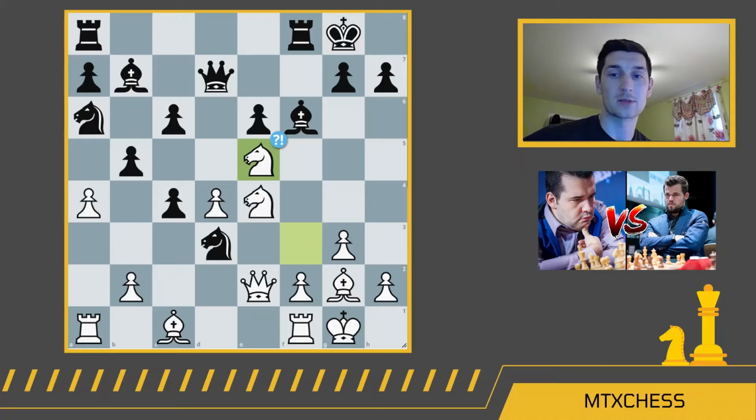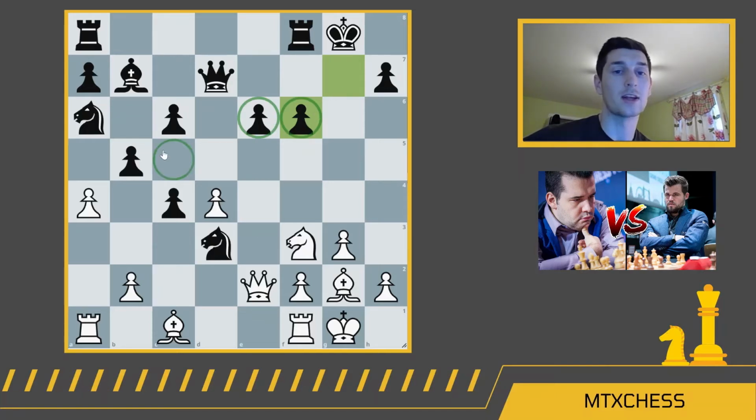And here, Magnus plays knight e5, and so the computer, again, doesn't like this move. A better move probably would have been something like knight takes f6, and after g takes f6, it may be strange to think, oh, you're basically helping black bring more pawns towards the center, but the reality is that this